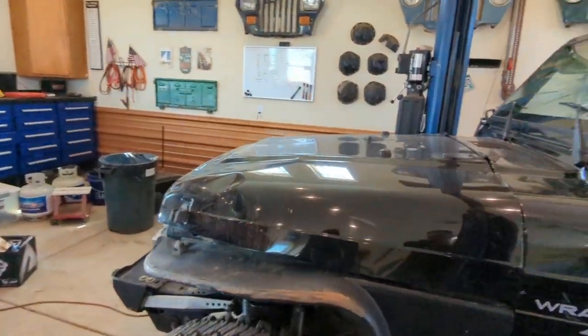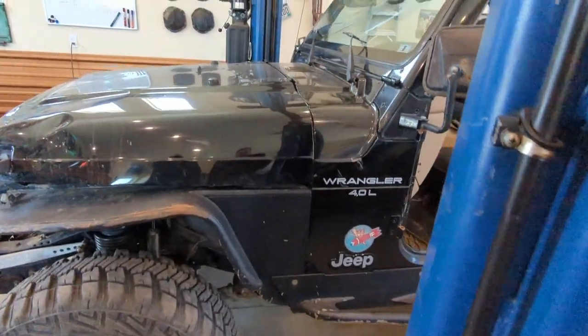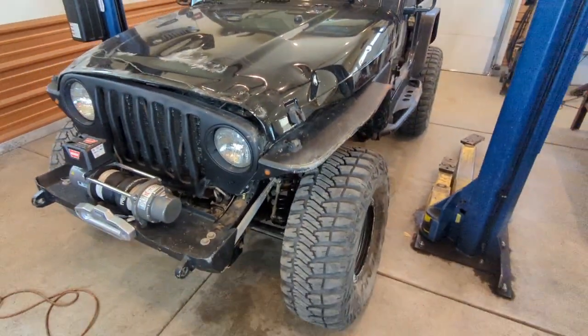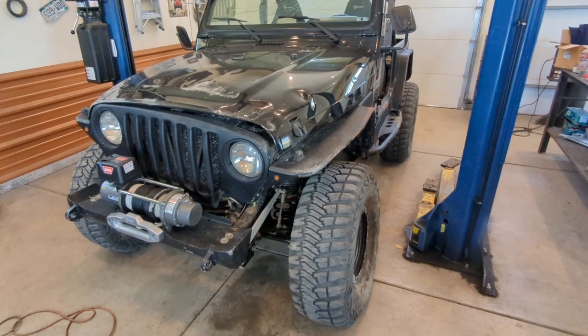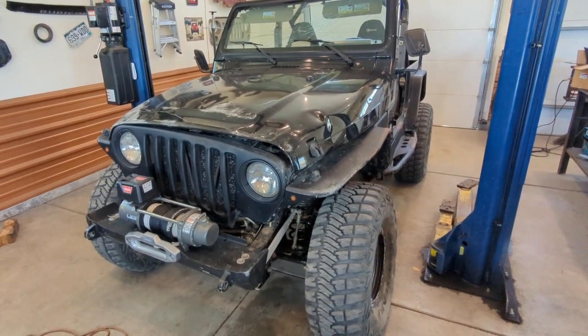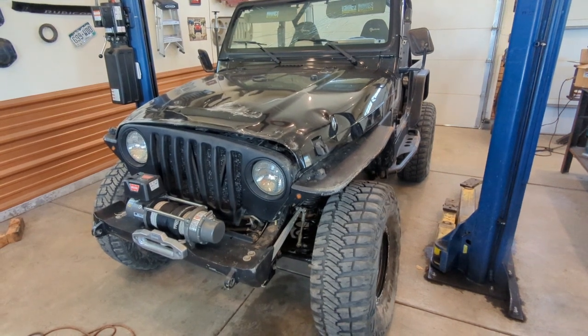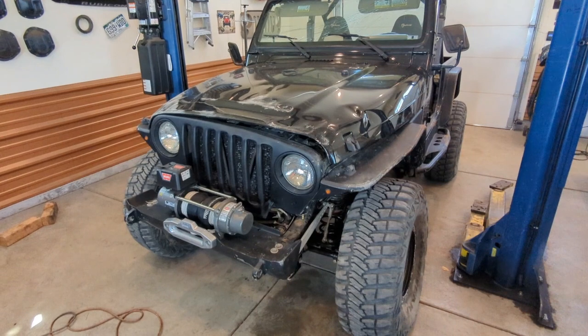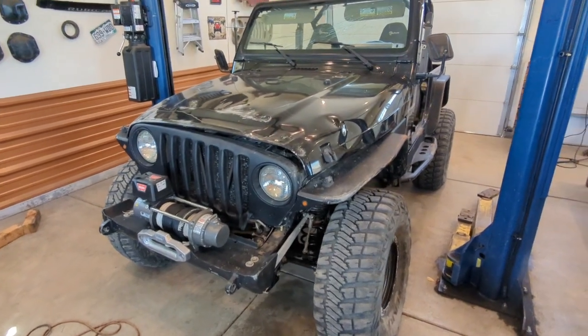Now, I wanna be very clear on something. You guys saw the video when I pulled this into the shop. This thing sounded like a darn diesel coming in here. So I'm gonna fire it up right now and I wanna take a listen to that motor. And the thing is, my motor's been hit and miss with that sound anyway. So firing it up right now is gonna give me a good indicator on what condition that motor's in,